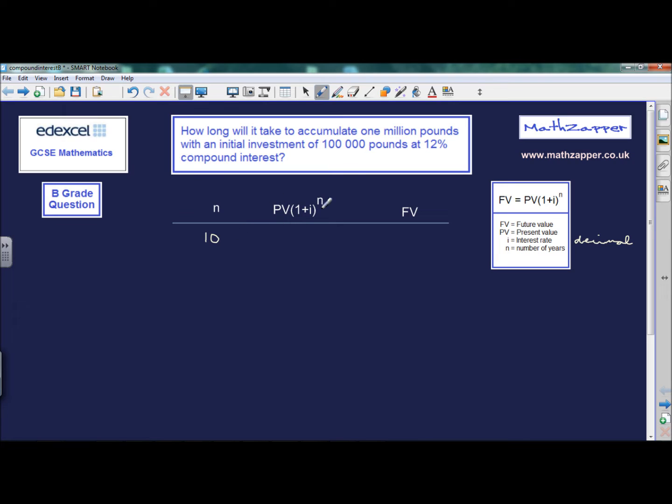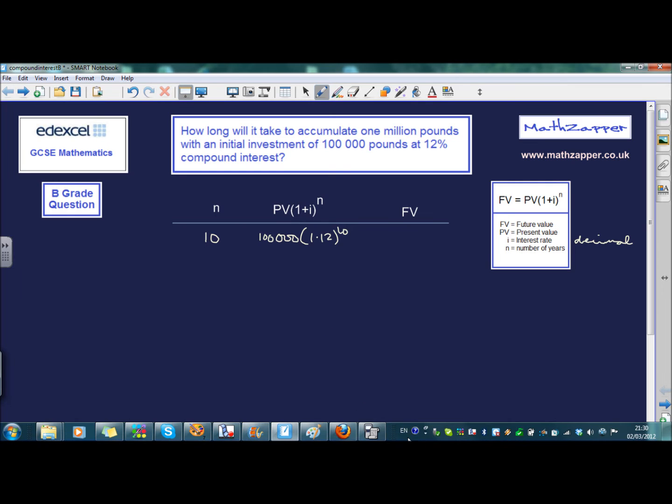So this formula now becomes: present value is £100,000, so 100,000 multiplied by 1 plus I. Remember, I is the interest rate as a decimal, so it's not 1 plus 12 making 13, it's 1 plus 0.12, so that's 1.12, and the investment period is 10, so n is equal to 10. Into the calculator,